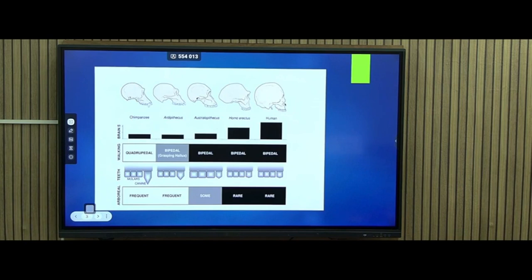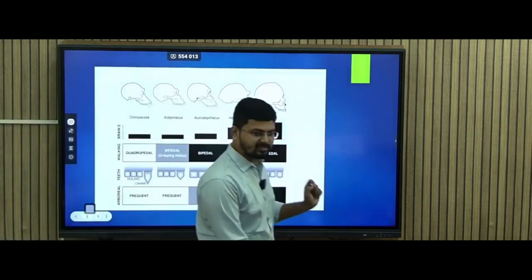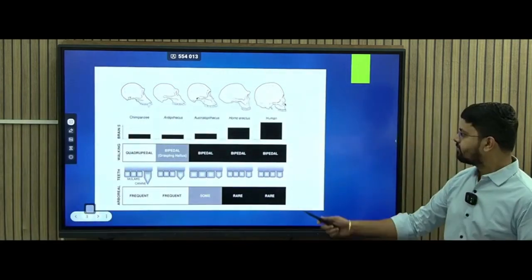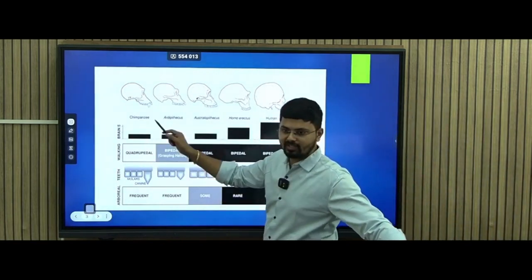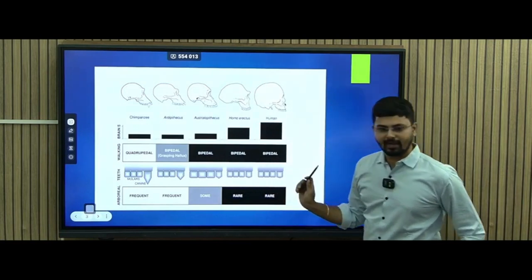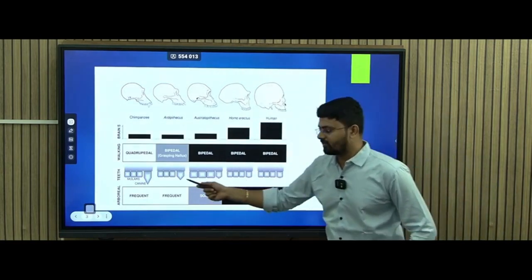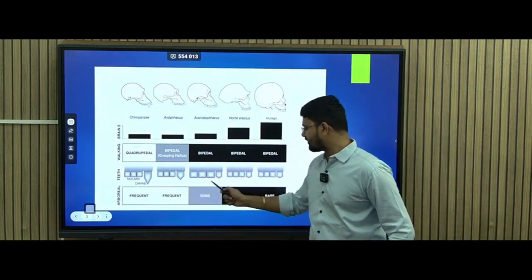Right. So before going to the fossil also, just notice other trends. The brain size is increasing. Walking, how they are walking, previously it was quadrupedal, then bipedal. Then you have teeth. You can notice the canine size is decreasing,